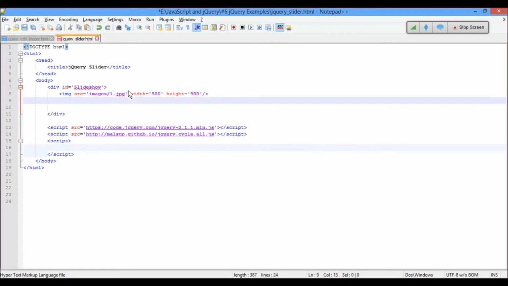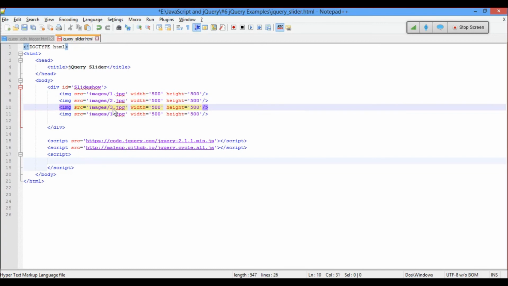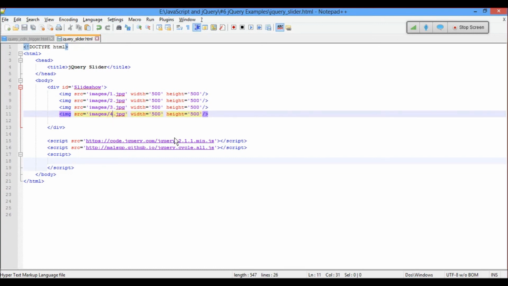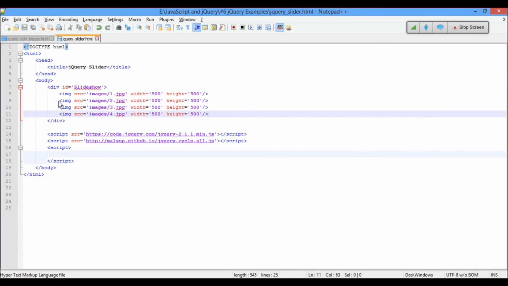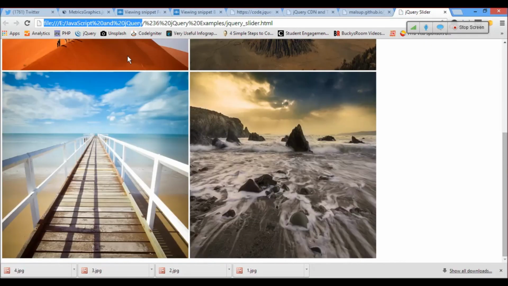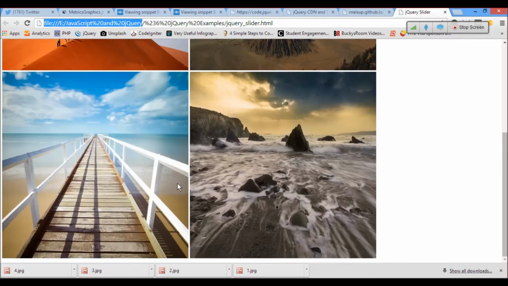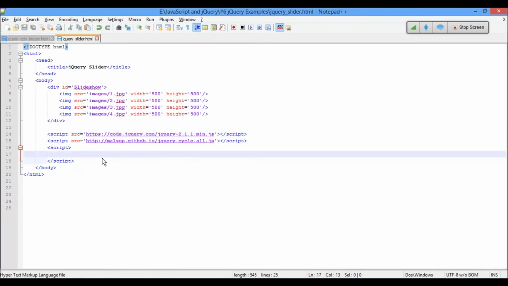Let me copy and rename to 2, 3 and 4. First a div, give an id to it, then all the images should go inside it. Include your jQuery, include your cycle plugin. Now let's see what happens. All the images have come here, right? Now how do we do it? It's very simple.